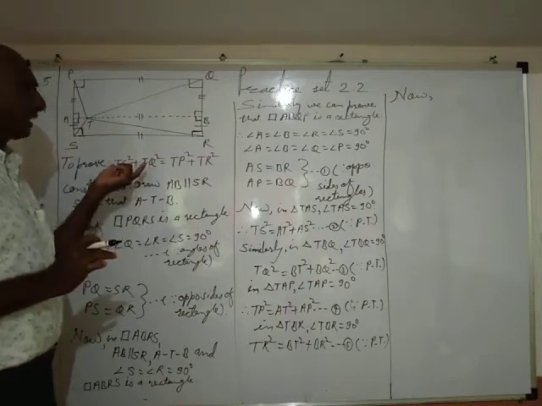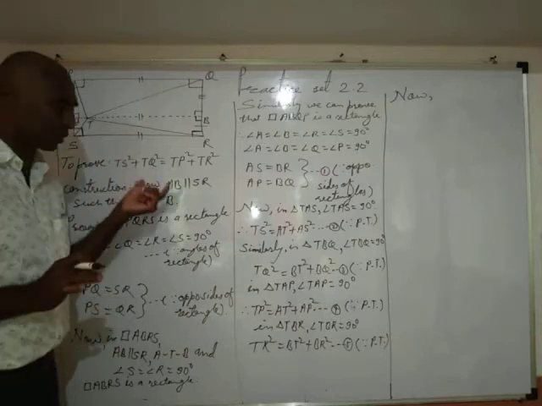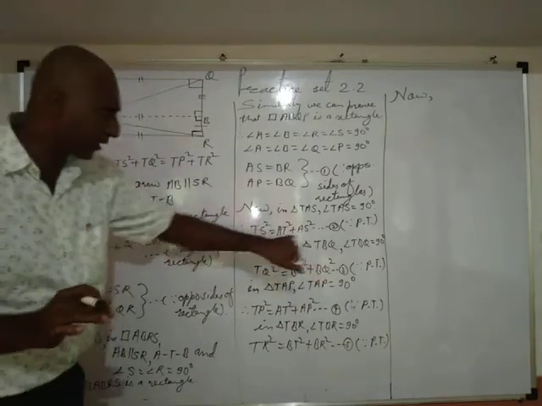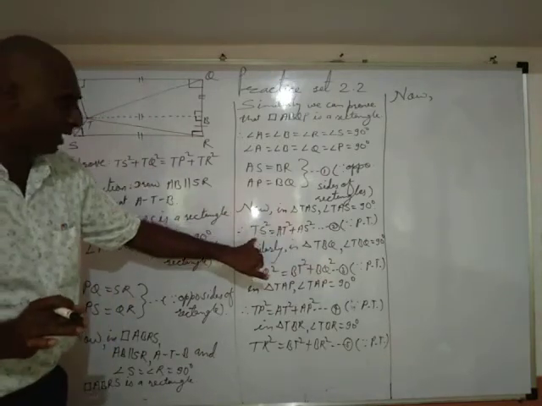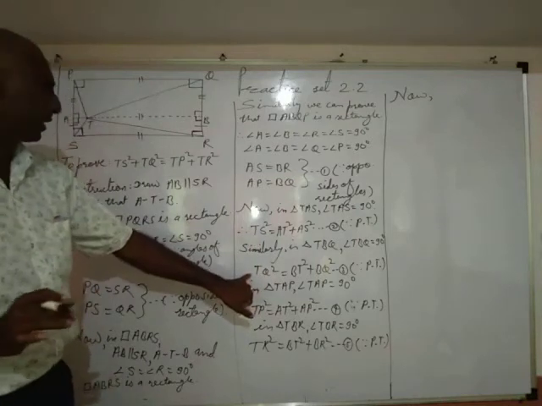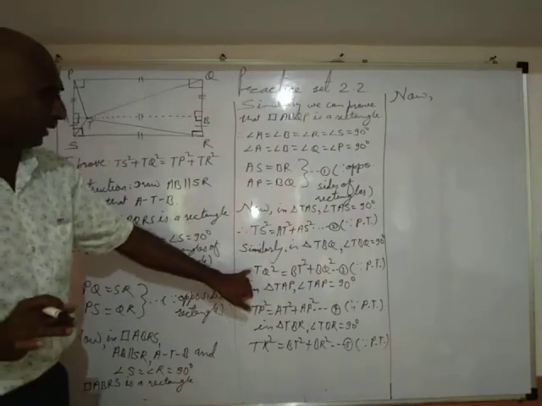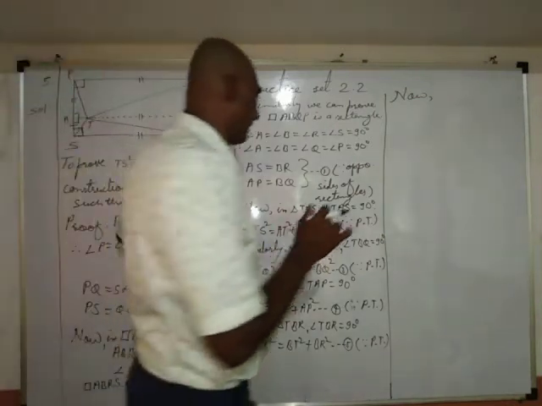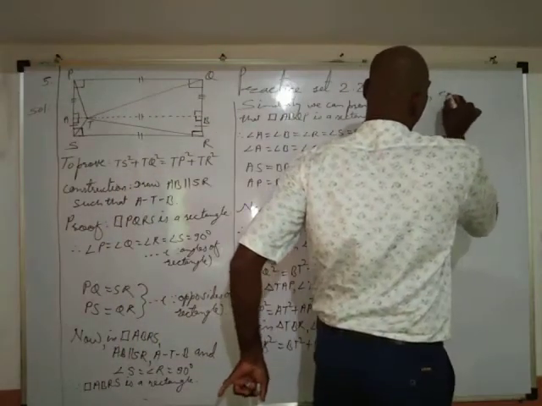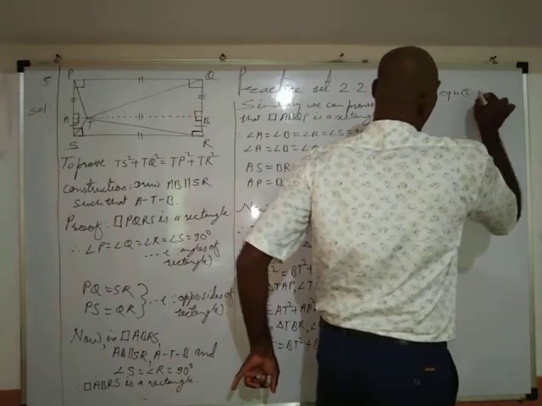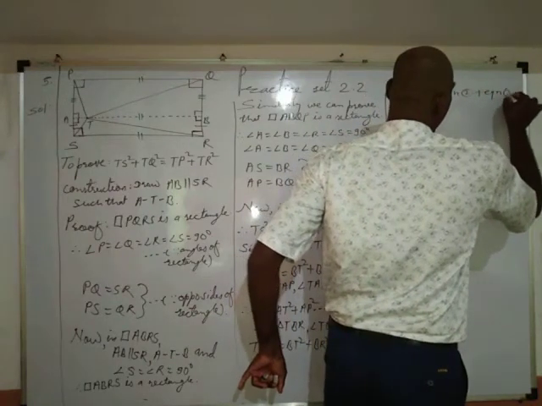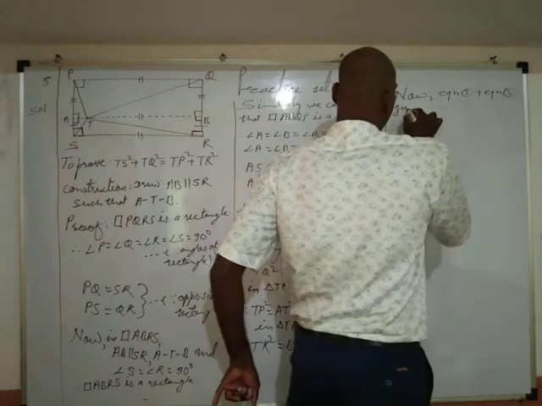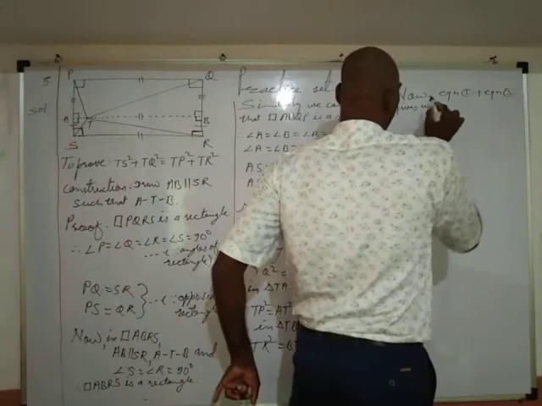Equation second gives us TS square, and equation third gives us TQ square. Therefore equation 2 plus equation 3 gives us,